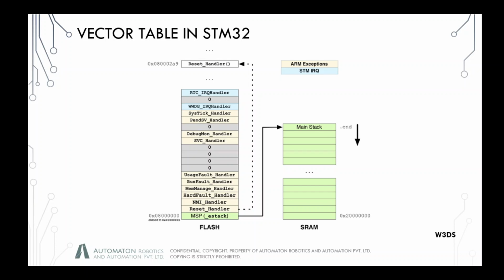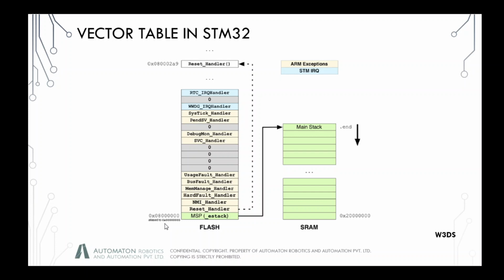So starting from the second entry of this table, we can find that all these exceptions and the interrupt handlers are present. So you see the reset handler, NMI handler. I told you whenever it starts, it is going to get into the main stack pointer, right? And main stack pointer is going to pull to the main stack. But in case some kind of interrupt is invoked, it is going to go to the particular interrupt, and you want this to be starting at the starting point.